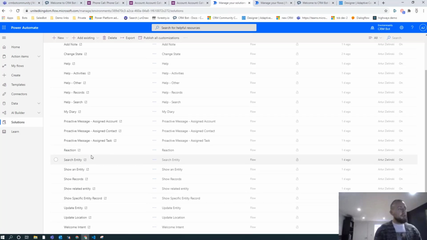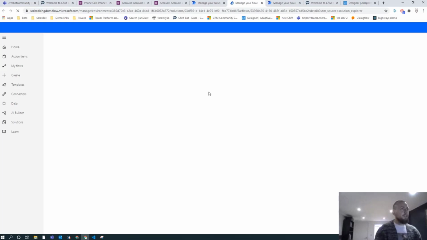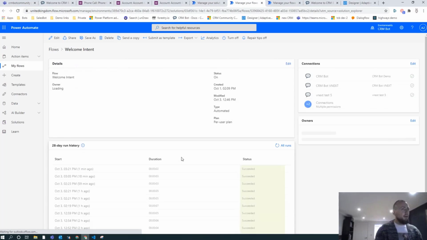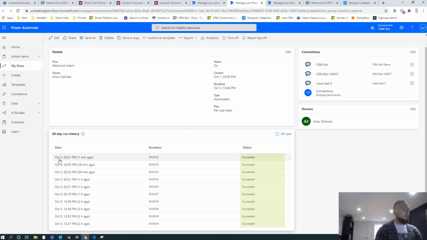And you see that I avoid using specific terms like show an account or show contact. What you want to do is keep it generic. So you have show an entity, and then within that flow, you will branch out depending on what type of entity it is. It just saves time. But let me just show you welcome intent. So welcome intent, as I said, is something that is